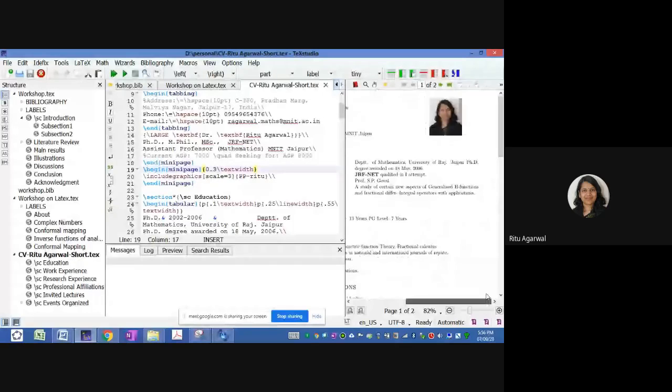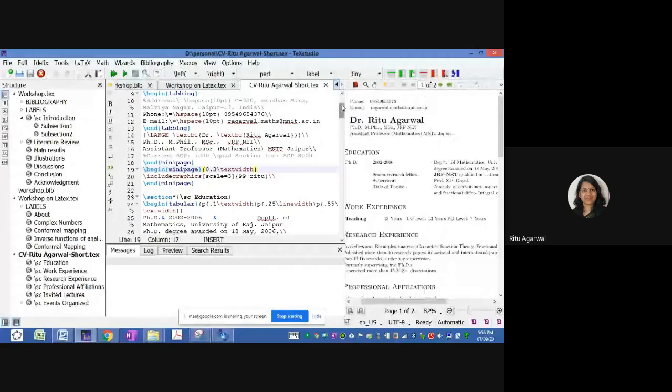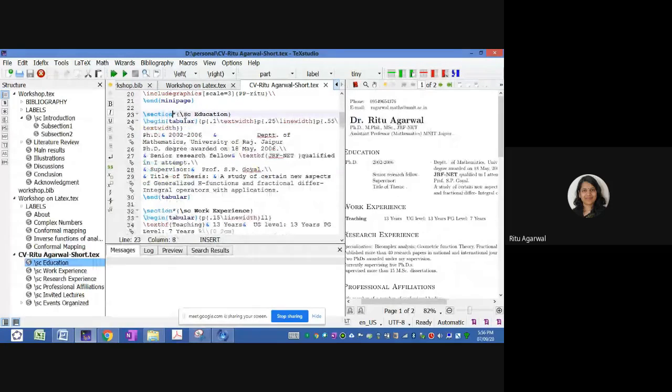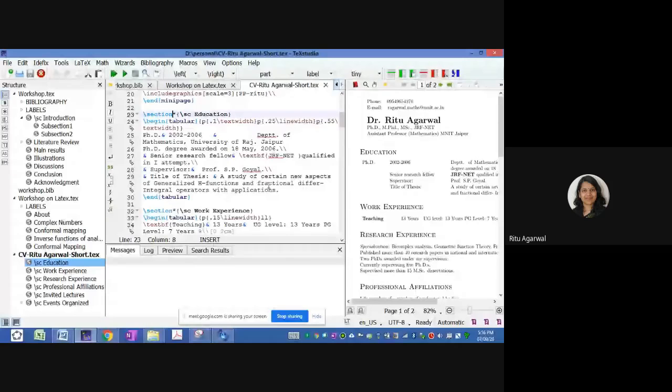Sections without numbering, section star, education. So formatting of a document depends on your creativity, in what way you want to present your data. I made it a section because I want to highlight this part,